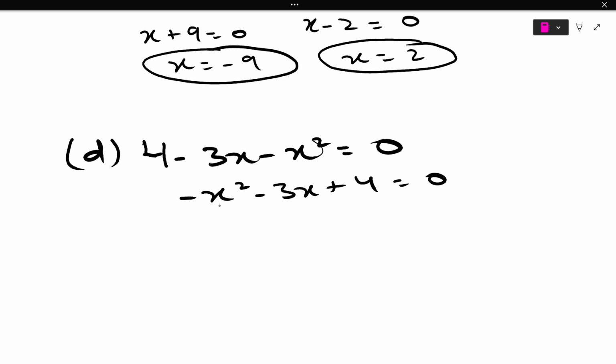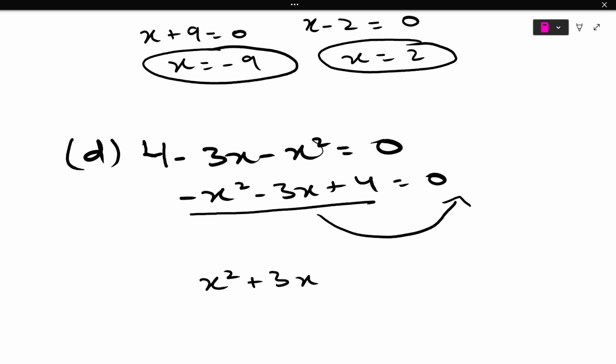You can never have your term with the square as negative. So that means you have to make it positive. In order to make it positive, I'm going to send this entire equation to the other side. So if I send this entire equation to the other side, it's going to become x squared plus 3x minus 4